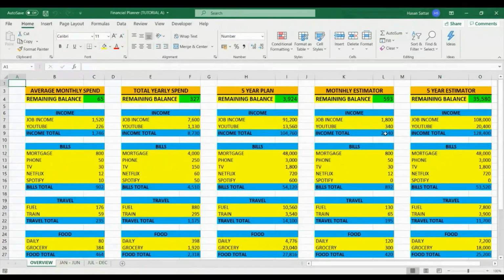Over here you've got the monthly estimator, where you can make hypothetical changes, and it would reflect how your balance would look like in 5 years from now in this column over here. So you can see this was your income of $1,800 and you earned $340 from YouTube with all these bills to pay, your remaining balance by the end of 5 years would be